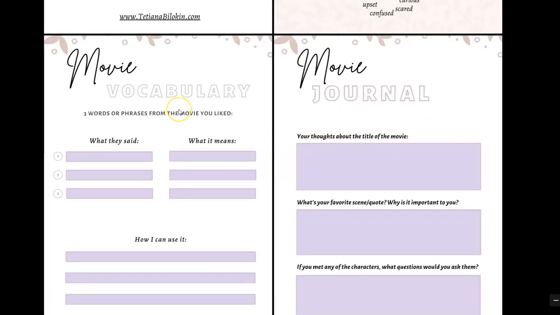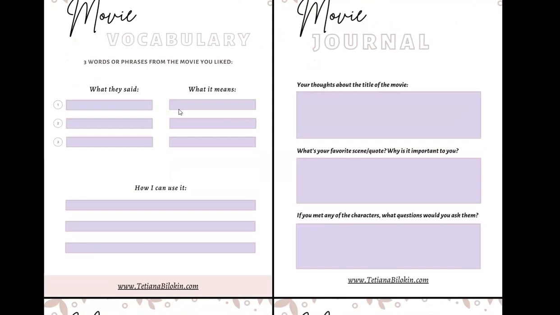Next page is about vocabulary. Sometimes movies in English can be difficult and you just want to enjoy it, not to struggle through it. So sometimes it's okay to watch a movie in your native language. But how to make it more useful for your English? After watching it in your native language, you can open a trailer, an official trailer, which is in English, and then you can try to catch some interesting expressions, phrases, constructions, and you have to choose only 1, 2, or 3 maximum. You don't have to do more than that.